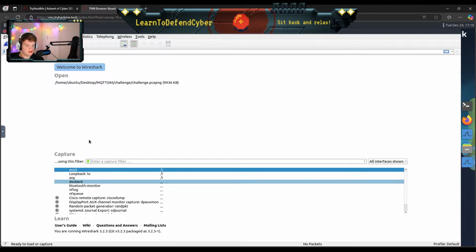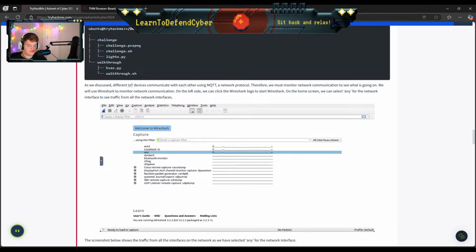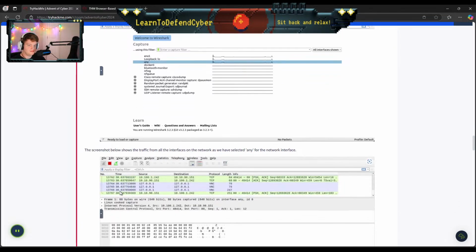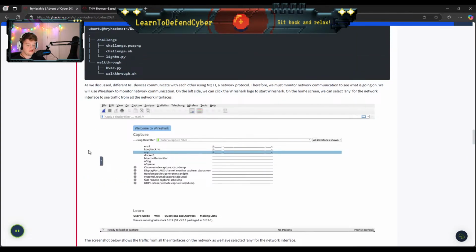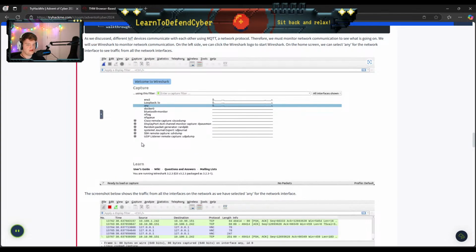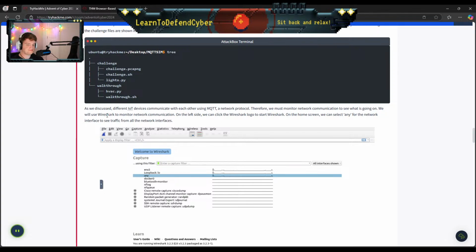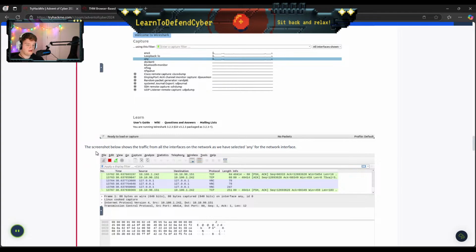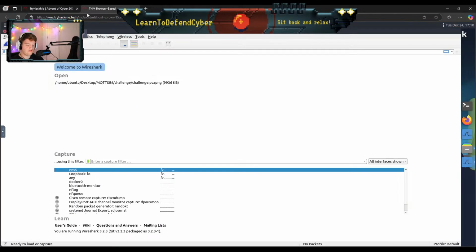So we're going to use Wireshark, which we've used a couple times throughout this challenge. It's just a packet capture tool. We can monitor our network. So we're going to use the any network interface.